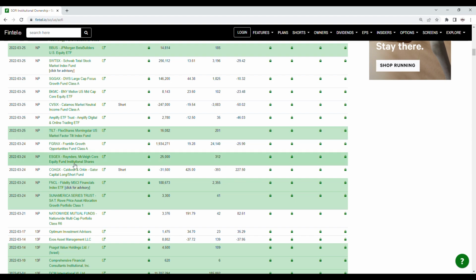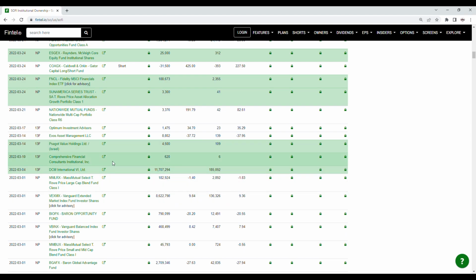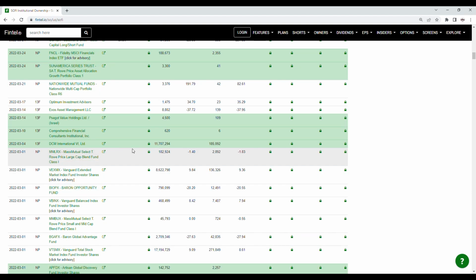We also have Redners and McVeigh Core that purchased 25,000 shares. We have Fidelity that purchased just under 189,000 shares. We also have Sun America Series Trust that purchased 3,300 shares. And those are pretty much the filings from the 24th. And we do continue to see more inflows. And most notably, we have to point this one out for March the 4th, being DCM International that purchased just